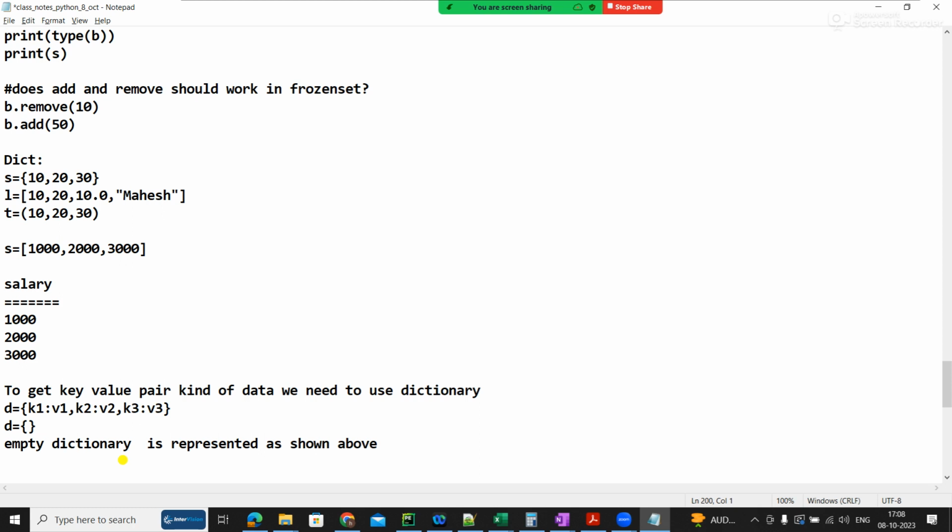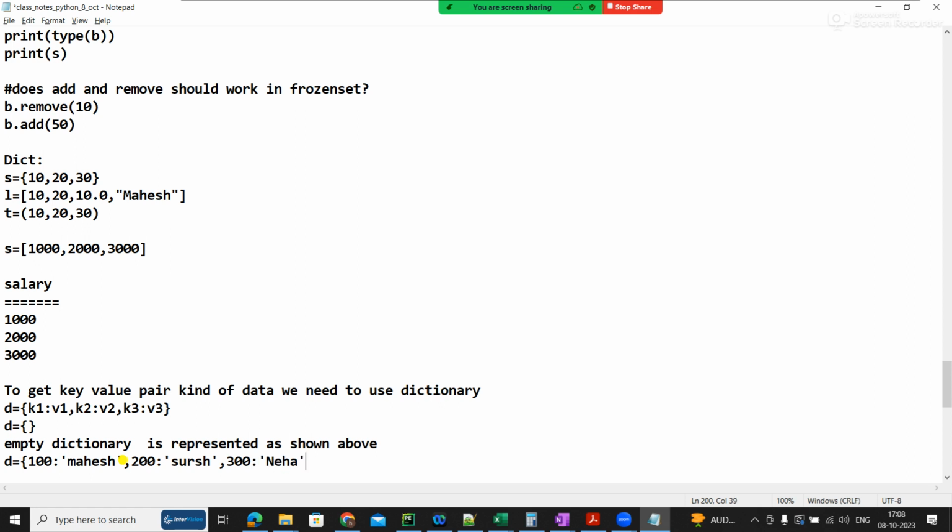Now d equal to, if I show this example, for example the registration number or employee number, 100 Mahesh, 200 Suresh, 300 Neha.